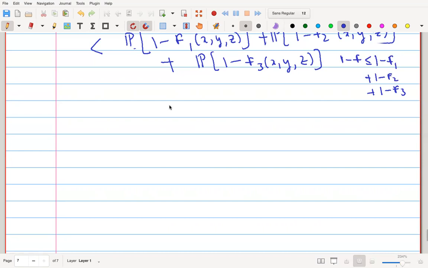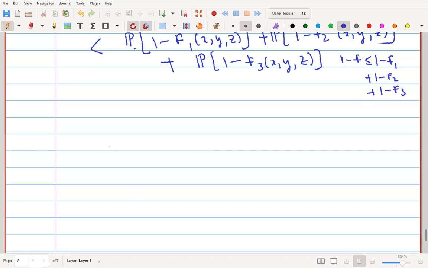Another way to see it, at least if you're doing intersection of sets, is that the good set is the intersection of these three sets for the three hypotheses. So the bad set is the union, and this is just the union bound. But more formally, this is the union bound for fuzzy sets, if you like to think of that. At every point x, y, z, I have this inequality that 1 minus f is less than 1 minus f1 plus 1 minus f2 plus 1 minus f3. So this is what I get.